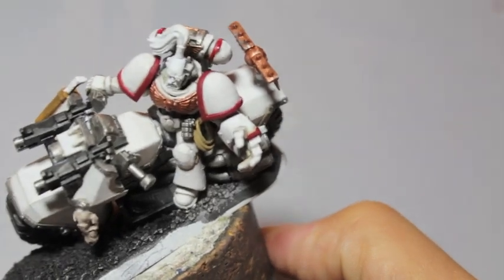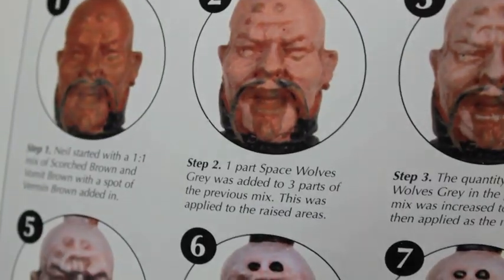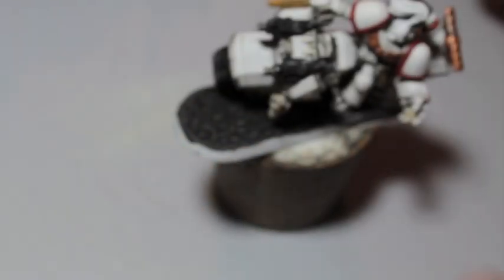Now going on to paint the skin, we're going to use a little watered down version of the Masterclass you see here for painting Sorrow Khan. We are going to start with a mix of...